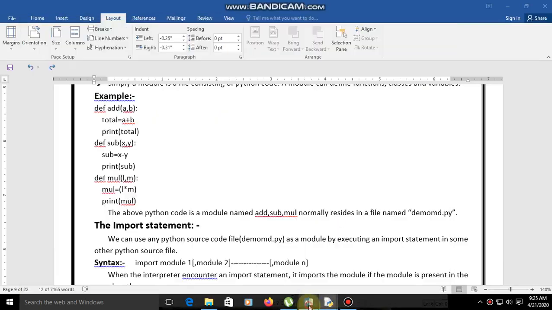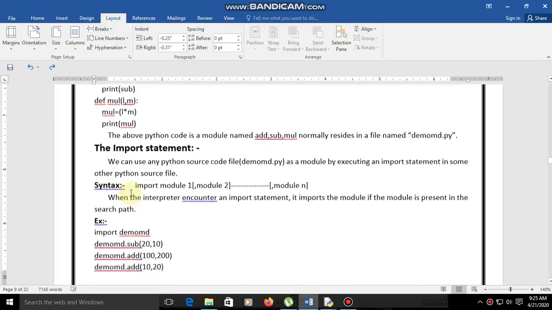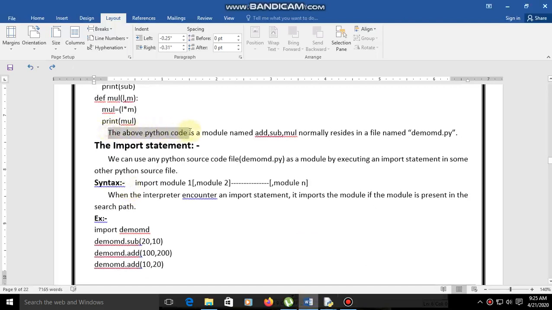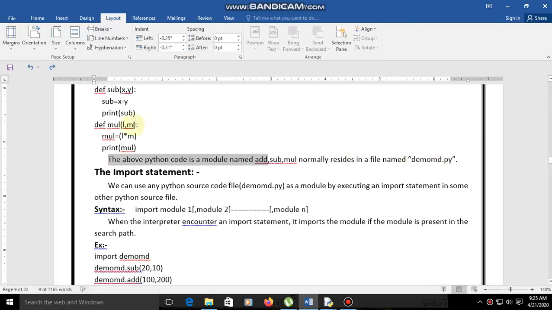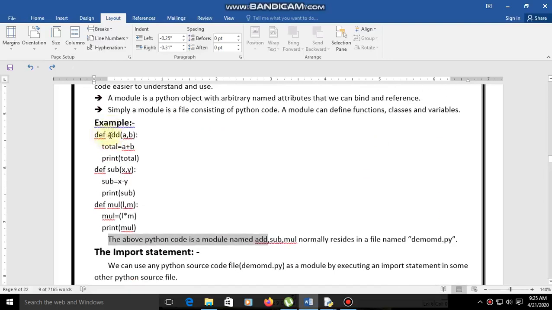Let us see how. The above Python code is a module with add, subtraction, multiplication, residing in a file named demo md.py. Just we saved that. See here, we are defining add. In that add, a comma b arguments we used, total equal to a plus b, and we are printing that total.